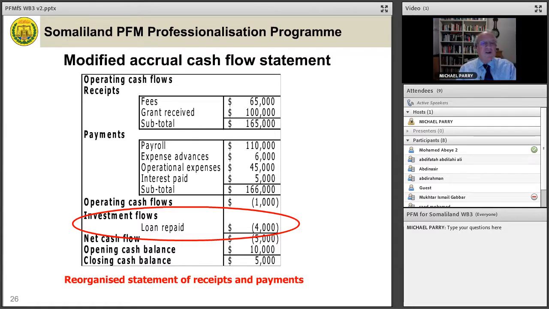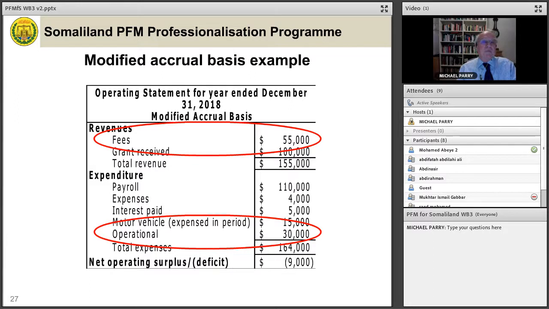The cash flow is exactly the same as under cash flow accounting. It can change. Notice that we do not show the motor vehicle purchase in this cash flow statement. So we're going back to the same figures as we used in the statement of receipts and payments under the cash basis. Because the motor vehicle was not paid in the period, it cannot appear in the cash flow statement. But it does appear in the